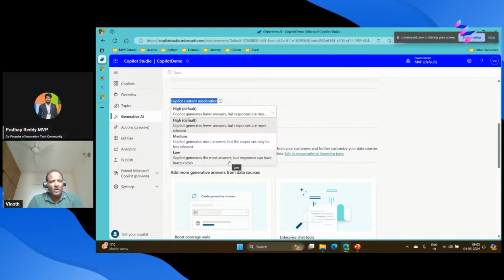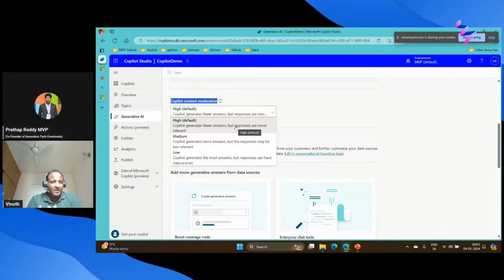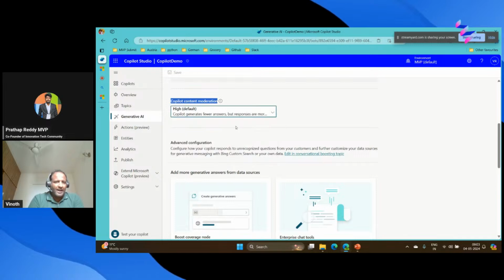So you have to choose how your Copilot should respond. On the Microsoft side, they clearly specified high is the default. You do not need to create more responses. If you want fewer responses but relevant answers, you can choose this one. So I go with this high response answer,